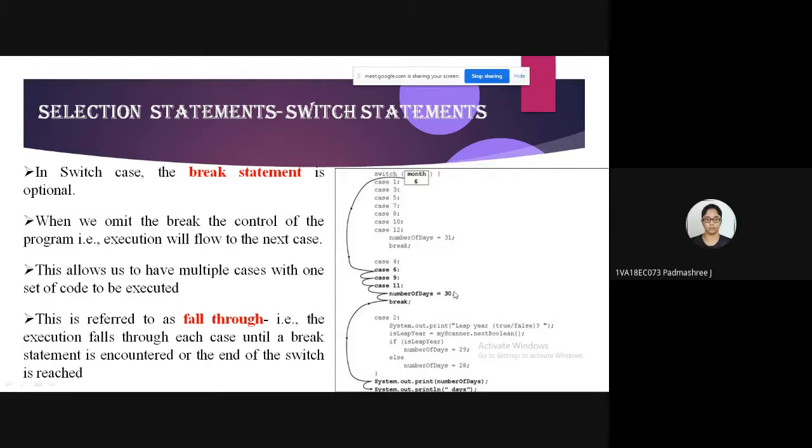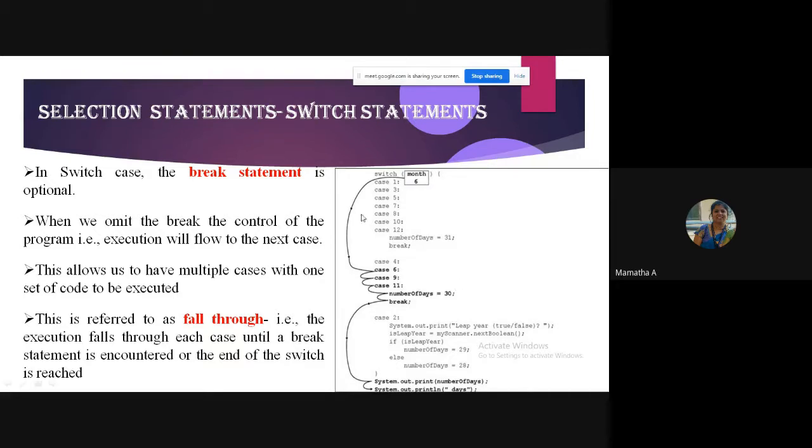I am just reading a number associated to a month, 1, 2, 3, 4, 5, 6. Right? And I'm just trying to find out the number of days.